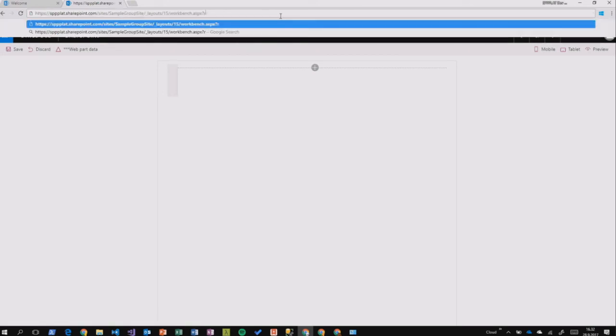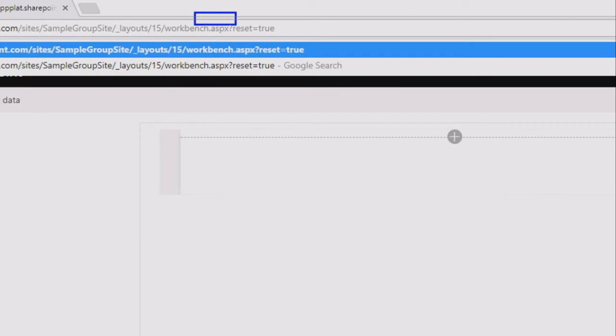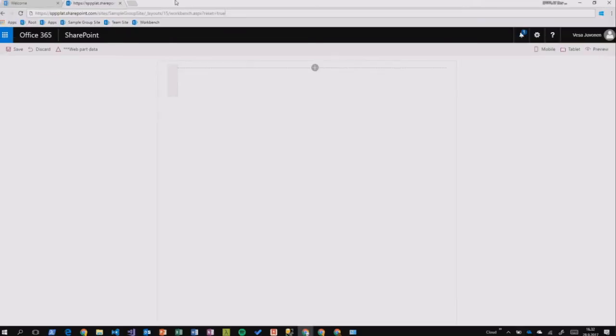So when you do development with SharePoint Framework, every now and then stuff is getting cached on your browser. You can do reset equals true, and poof, it will clean up the cache, if you have ever actually run into this small issue. So let me double check that one. Let me request reset equals true, that is fine. So let me request the page without the query parameters,